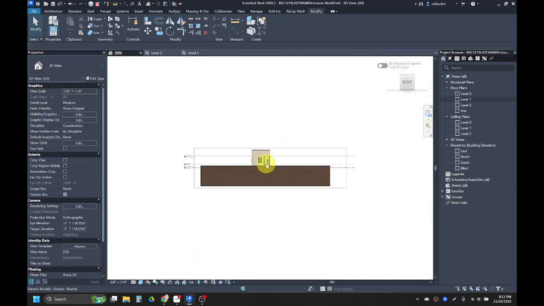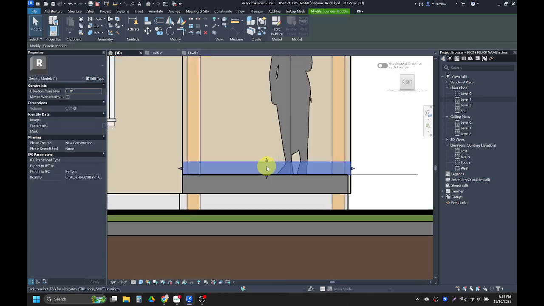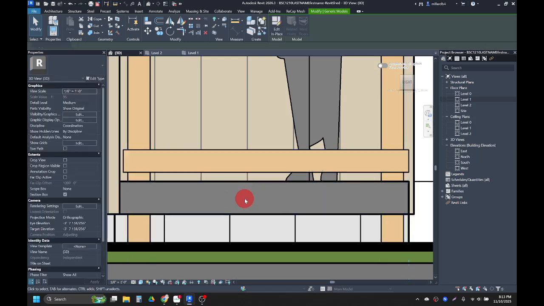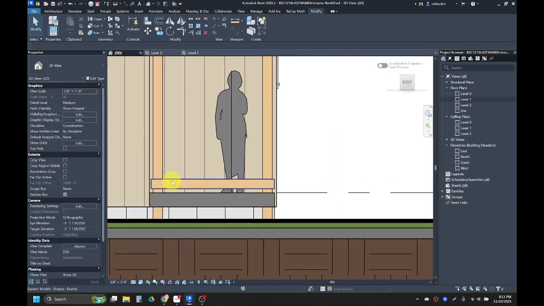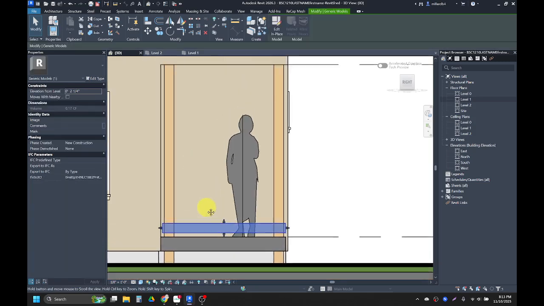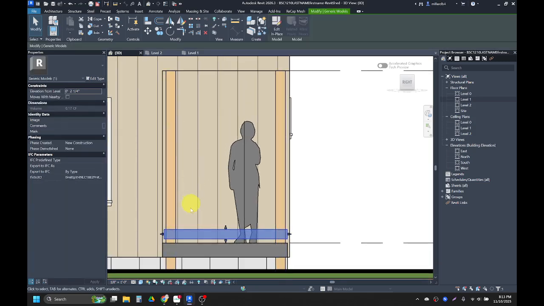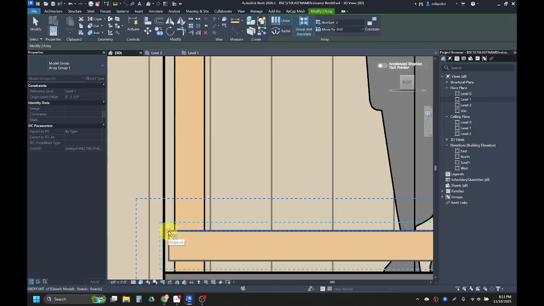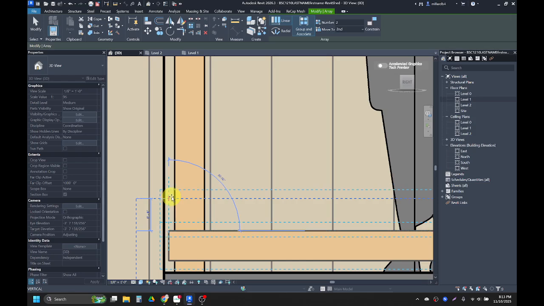Then I'll look at my building head on from the right. I'm just going to click on this and scooch it up a little bit with my arrow keys, maybe even in ever so slightly on either side, just so there's a little gap there. And then I'm going to make copies of this with a 6-inch gap in between. So to make a bunch of copies going all the way up, I'm going to click on this board and then use the array tool. I'm going to grab it by this top corner up until that blue witness number on the left says 6,